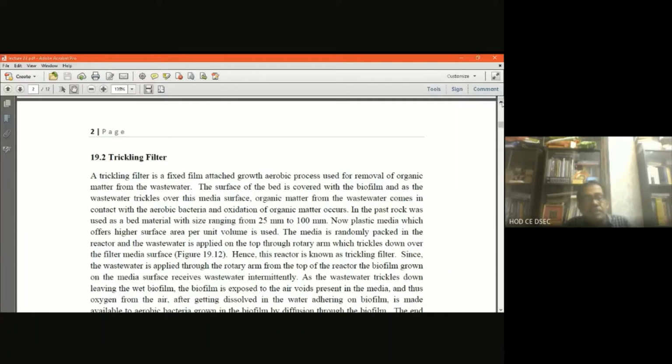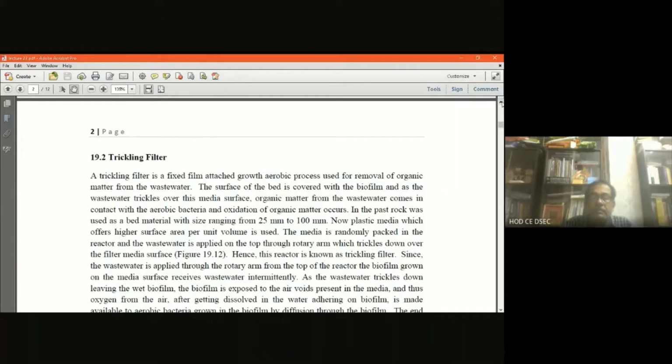Because if we get a higher surface area per unit volume in the plastic media, it is found to be a much more efficient media, an efficient attachment surface for growing the bacteria. Because the more the surface area per unit volume, the more bacterial attachment takes place, so the treatment will be much more efficient. So the medium is randomly packed in the reactor, and the wastewater is applied on the top through